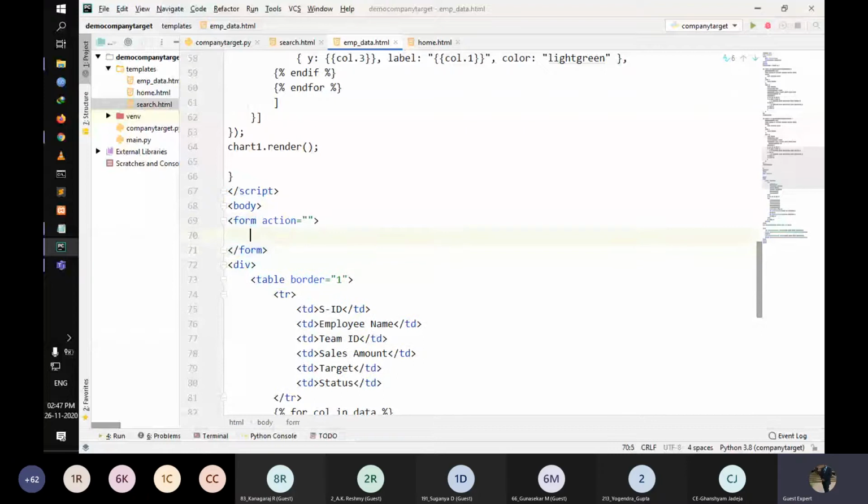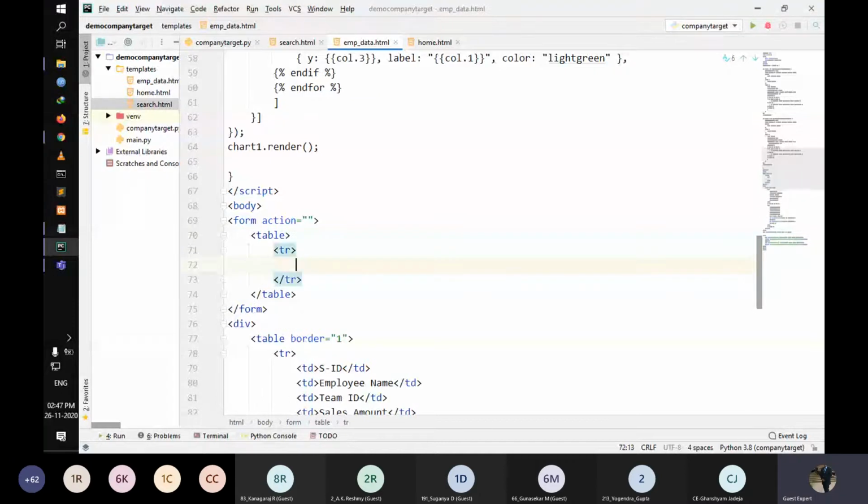Yes, in this form we need two values. TD, input, and we have to assign a value.